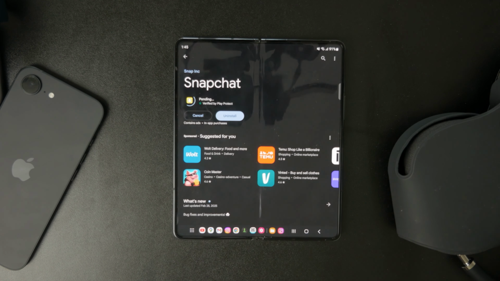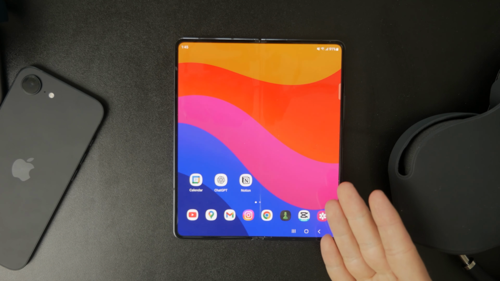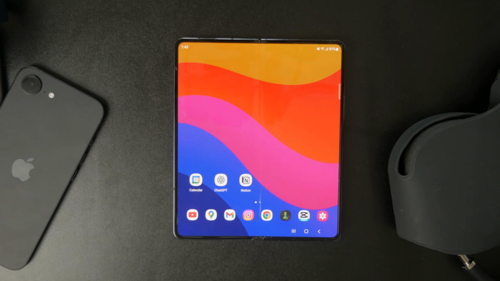If none of these solutions work, try restarting your device and logging into a different Google account on the Play Store. Sometimes account-related issues can prevent certain apps from being downloaded, and switching accounts may help refresh your Play Store access. If all else fails and you're completely unable to install the app, you can always use Snapchat Web as